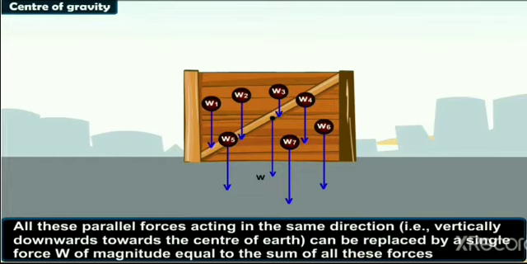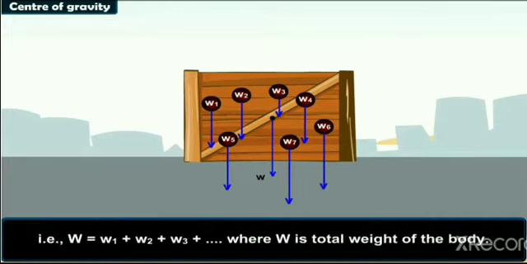All these parallel forces acting in the same direction, that is vertically downwards towards the center of Earth, can be replaced by a single force W of magnitude equal to the sum of all these forces. That is, W is equal to W1 plus W2 plus W3 plus and so on, where W is total weight